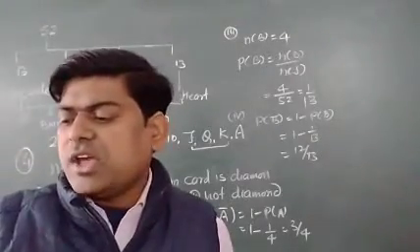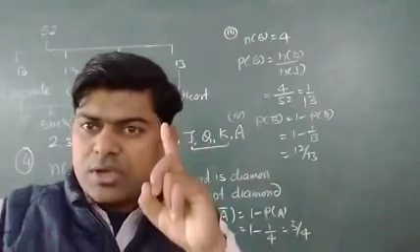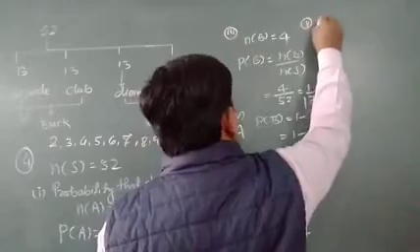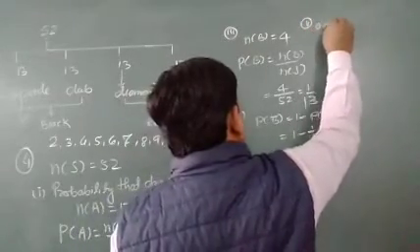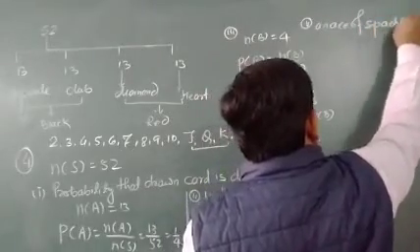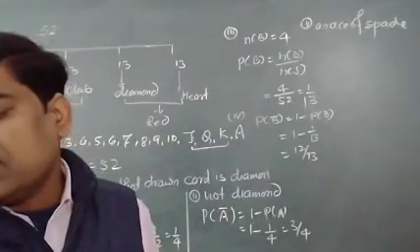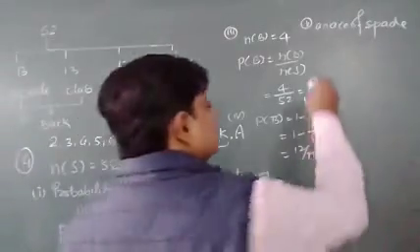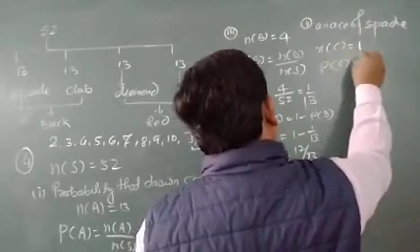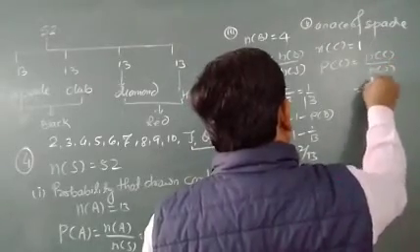The next one is there, an ace of spade. Only one ace we are having in spade. So if I take the fifth part, that an ace of spade, I can write it is represented by, what I can say, C. So number of C is equal to 1, probability of C is equal to number of C upon number of S, it is 1 upon 52.